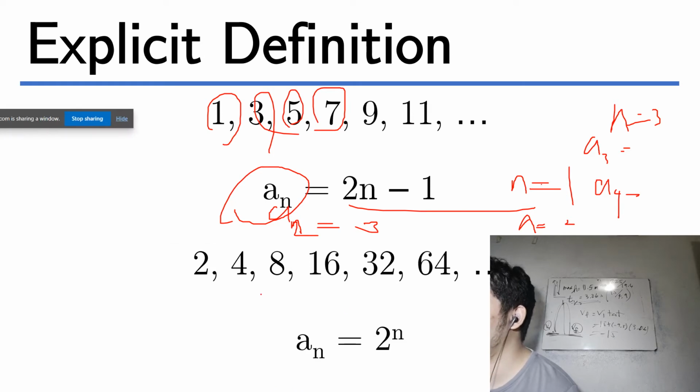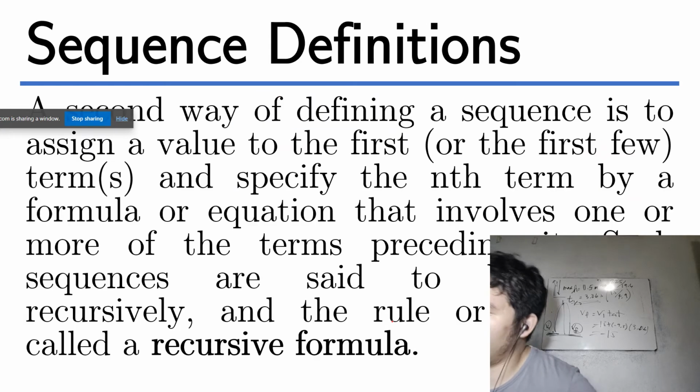Okay, ito naman isa, no? 2, 4, 8, 16, 32, 64. A sub 1, n equals 1, the first term equals 2 raised to 1, 2. A sub 2, the second term, equals 2 squared equals 4, and so on and so forth. Then, ito namang isa, ang tawag dito recursive formula,